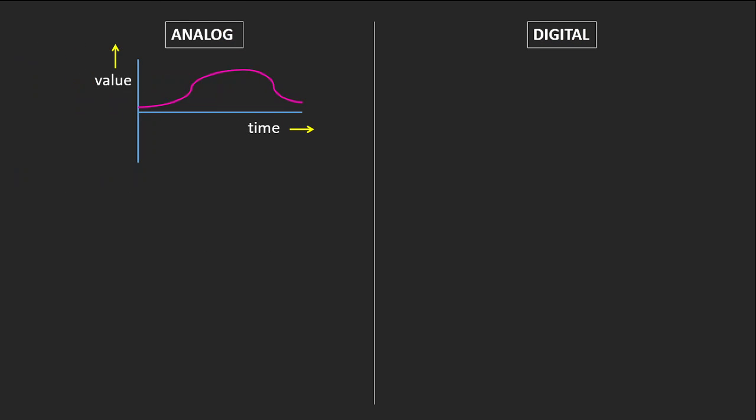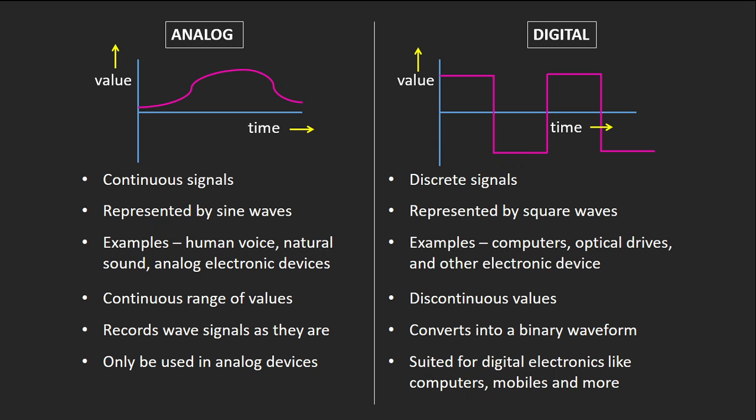As we have already seen, an analog signal is a continuous one, as shown in the graph, and a digital signal is discrete, having discrete values like this. These are the differences between the two. An analog signal will be continuous and a digital signal will have discrete values. There won't be any values between 1 and 0 or 1 and 2. There will be only discrete values. So it's a discrete signal, whereas an analog signal is a continuous signal. You can consider the example shown in the graph. Normally analog signals are represented by sine waves, whereas digital signals are represented by square waves.